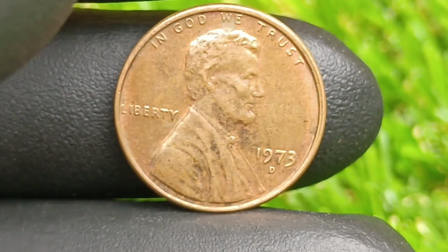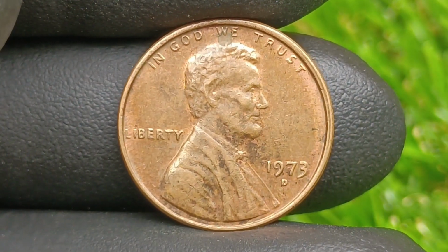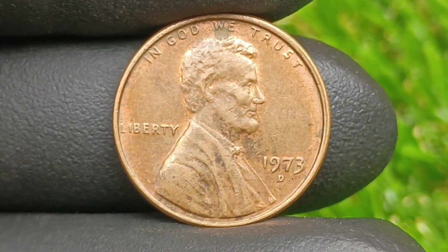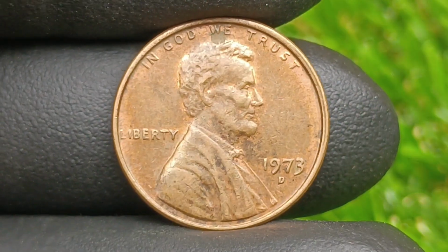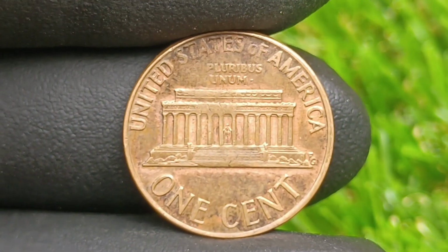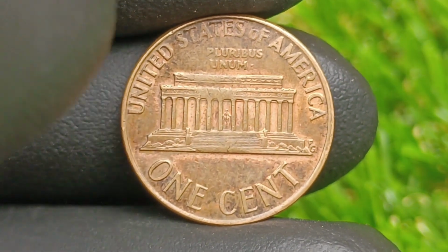Now, the 1973 D penny that sparked headlines was believed to combine a series of dramatic and rare errors, including doubling on the obverse where Lincoln's face, the date 1973, and even the D mint mark showed unmistakable doubling under magnification, alongside a misstruck reverse where the Lincoln Memorial appeared off-center with parts missing from the strike, alongside evidence that the coin was accidentally struck on a wrong planchet, possibly intended for a foreign coin or leftover blank from a